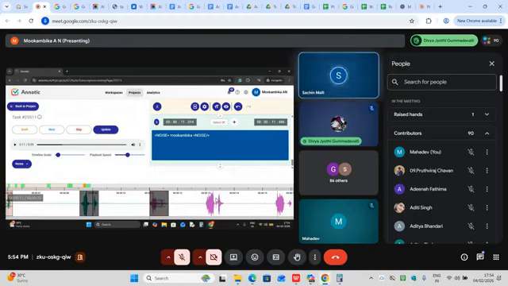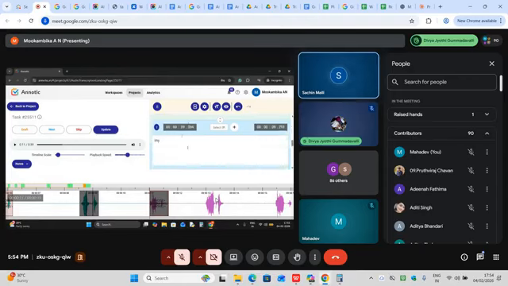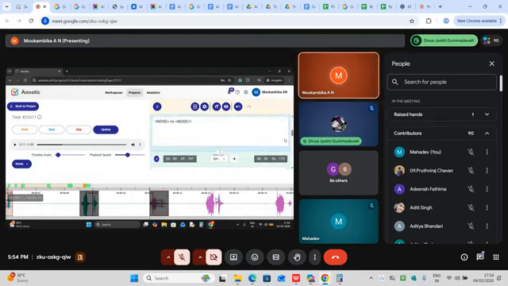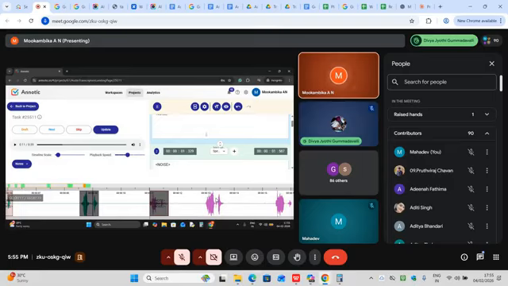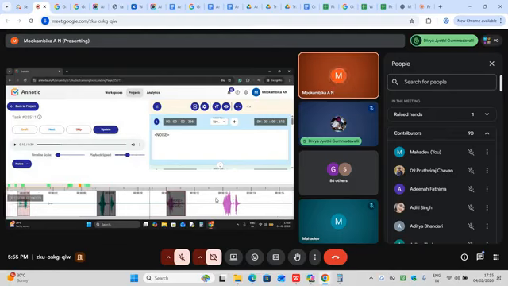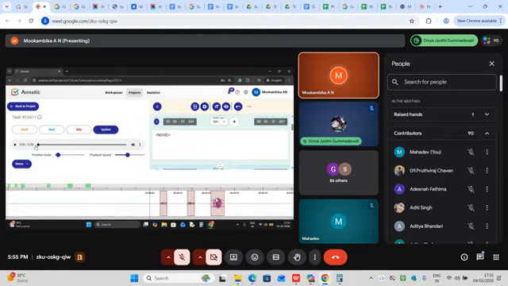Ma'am, I want to ask a question. Yes, please. How can we go from the first segment to the second segment? Which button do we have to use? Either, see, here I can just go like this. This is one option while transcribing, with the help of your mouse. Another option is you can come like this also. See, this is my segment. Double click on this segment, and it will come for this portion only.